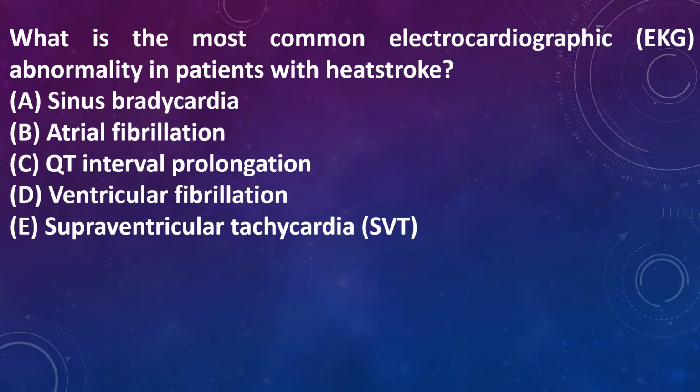What is the most common electrocardiographic (EKG) abnormality in patients with heat stroke? A. Sinus bradycardia. B. Atrial fibrillation. C. QT interval prolongation. D. Ventricular fibrillation. E. Supraventricular tachycardia (SVT). The answer is